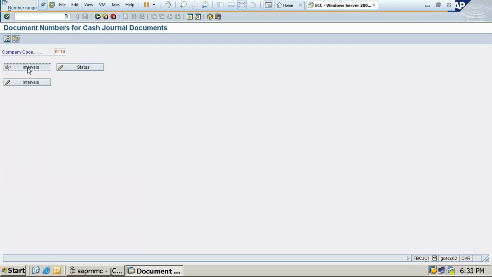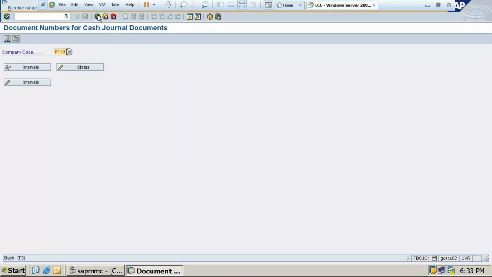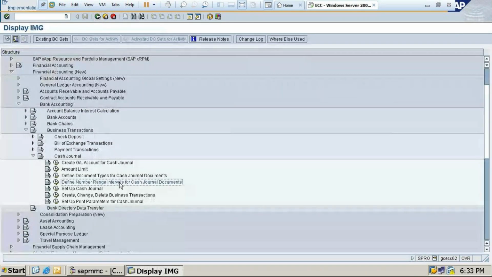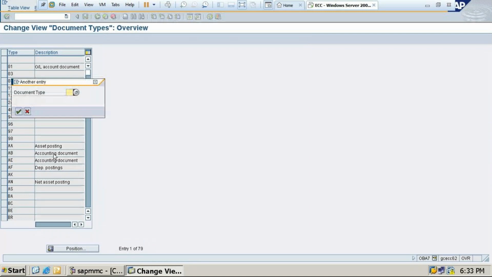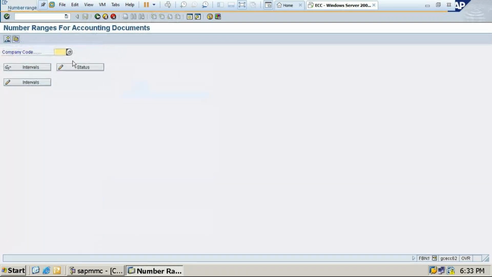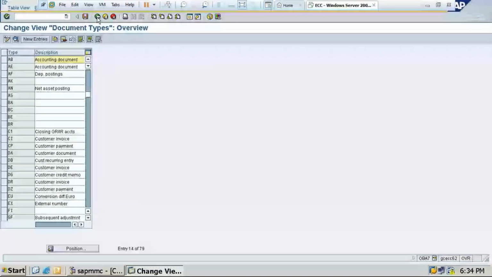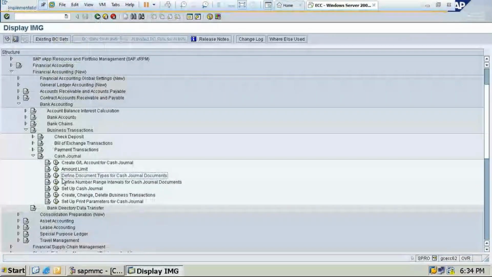Come back here, display intervals. Now this document number has been created. Okay, define number range intervals for cash journal documents. So next, if you go here to positions AB, you can see here, double click on this. This data will be there, MT10 display intervals. It has been done. And if you go back again one step, define document types